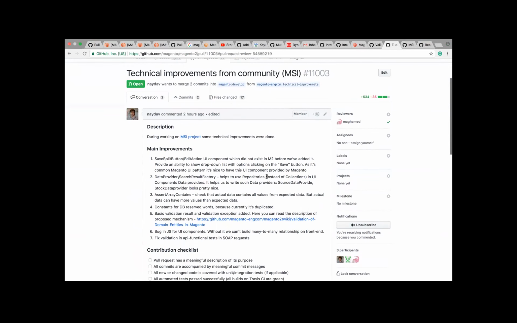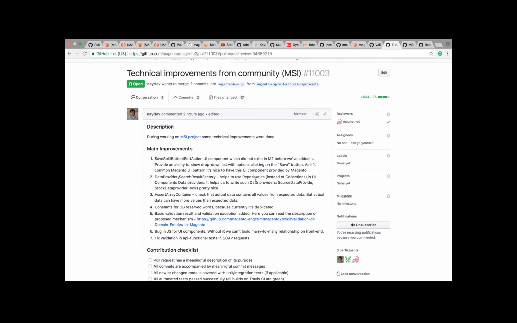And here we are introducing a bunch of bug fixes and improvements we faced during the MSI development, and we decided that it would be pretty good to have them in a mainline. So it's going to be delivered to the 2.2.1 patch release, and all that bug fixes and improvements have been